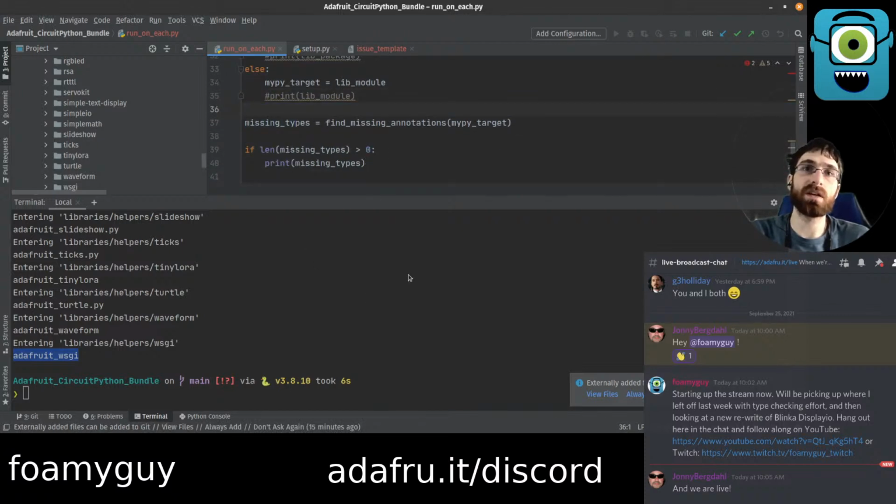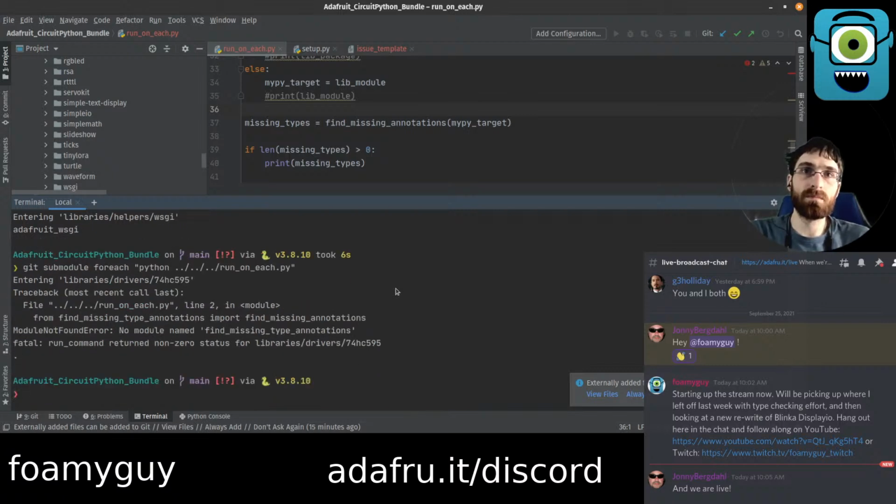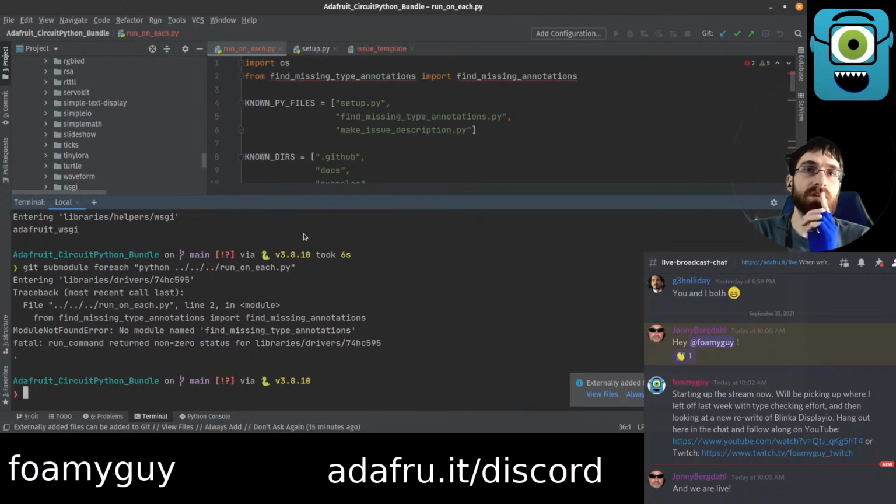And it's going to print a lot of stuff, I'm sure. Nope, it's not going to do anything. So, no module named find missing annotations. So